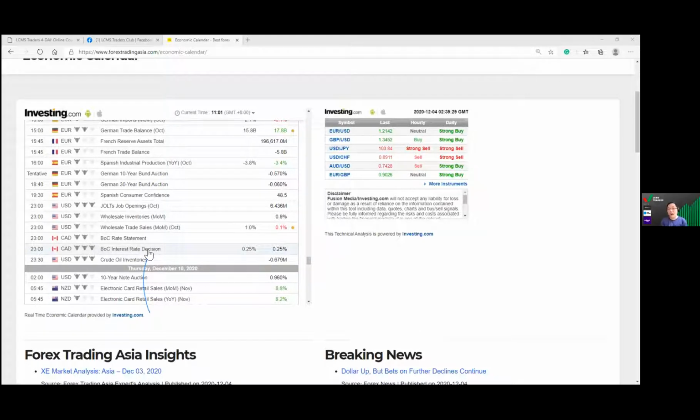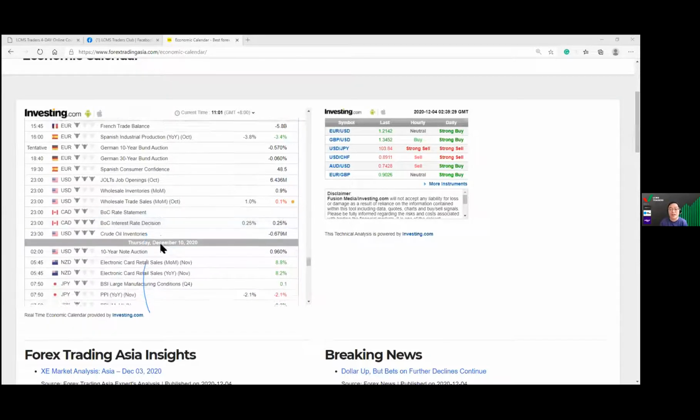I won't be surprised if the Bank of Canada stays the same, because usually their policies have been quite aggressive, and they could be looking at an improvement because oil prices improve the industry. So watch out for the rate statements. I believe when it comes closer, Jin or any of the coaches will put out something to let you know what to do for the Bank of Canada rate statements.